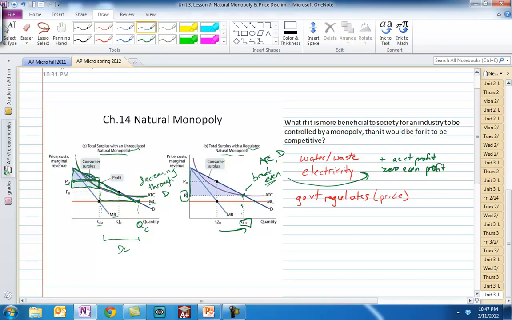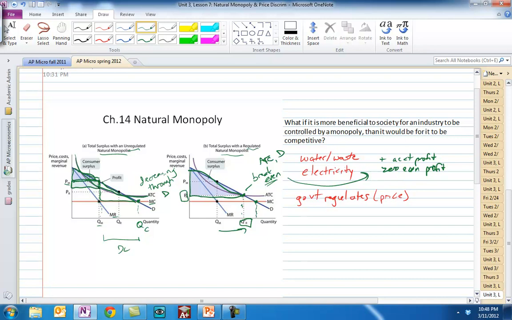The consumer surplus grows quite a bit. You can see that very easily. There's no profit area in this graph because they're not making a profit in terms of economic profit. They're breaking even. So it's a better situation all around. And we could say that it's even better than if we were to have a competitive market here, because then, even though the consumer surplus would be very high,